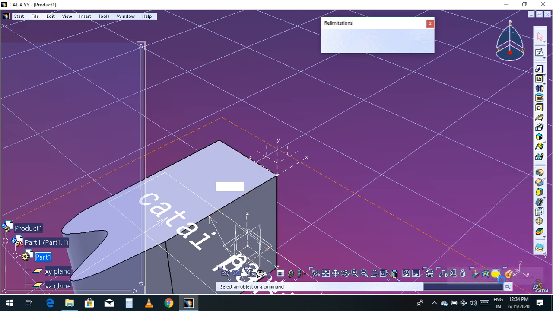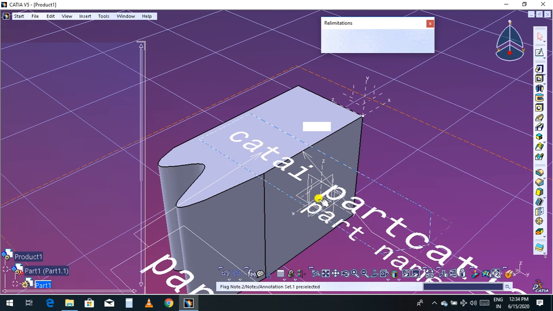So click OK. Now here this is the X direction, this is the Y direction, and this is the Z direction. So this is called the axis system. I'm going to create a new origin